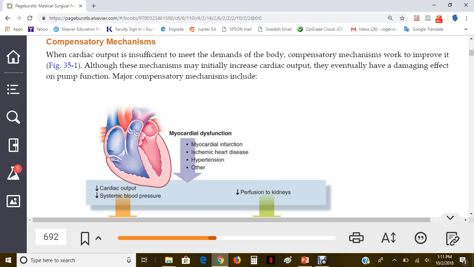when a patient is in heart failure, from various causes, let's use a heart attack as an example. If a patient suffers a heart attack, will there be low blood pressure? Yes. Will there be low cardiac output? Yes. If in case you're wondering, there will be low cardiac output and low blood pressure because the heart itself, in a heart attack, a section or sections of the myocardium are dead or are severely deprived of oxygen because